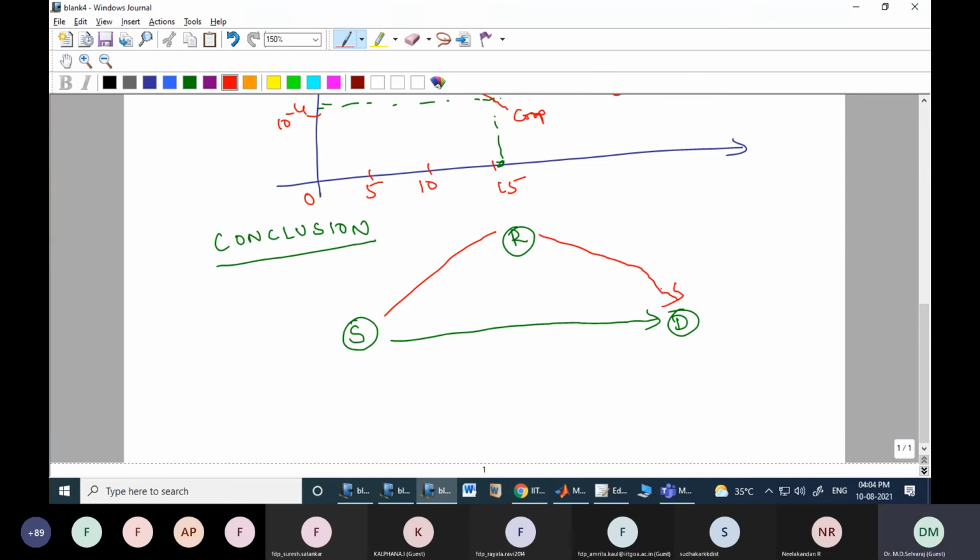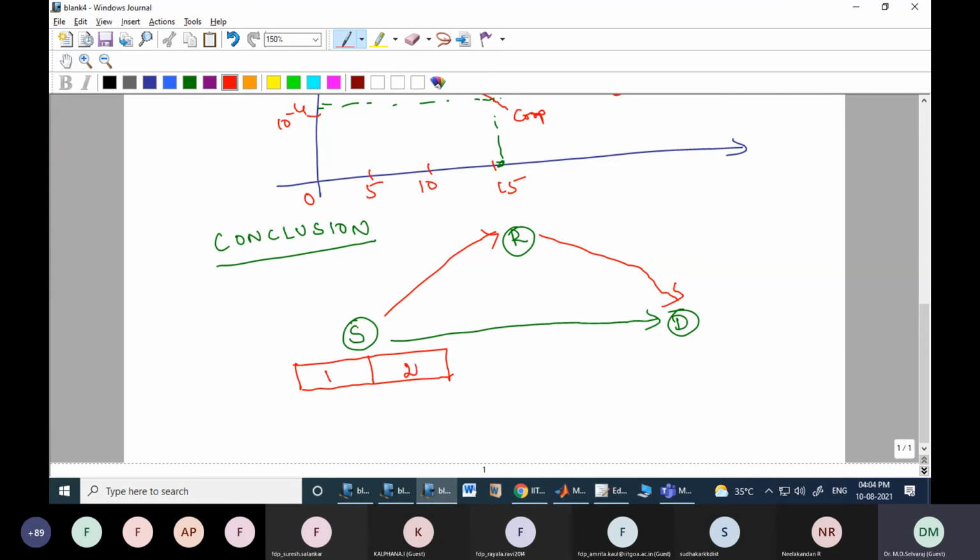Having said this, is there any drawback of this cooperative system? Whenever we get some kind of improvement, can we get it for free? Yes, the drawback is that the data rate becomes slower. Suppose at the source side, the total time period T, I am just dividing into two: first time phase 1 and time phase 2.